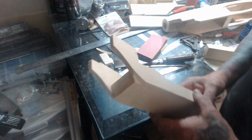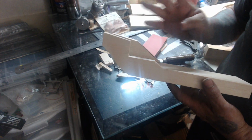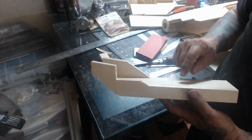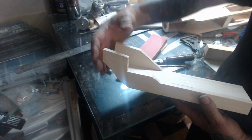So a cowl is actually not including the 64th ply that it's lined with. A cowl is four major parts. You have the sides, the center, and then a front block here. And I'll have to